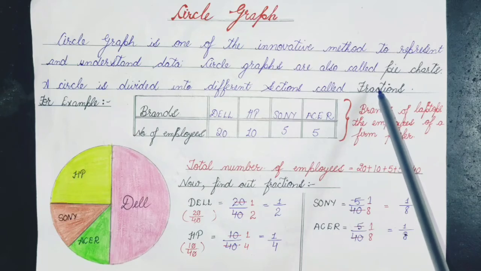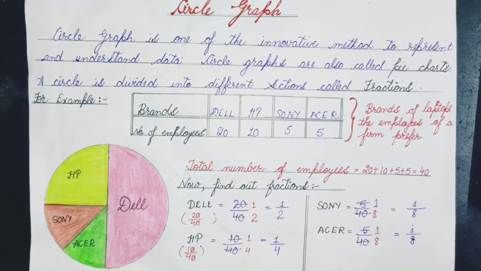Class, we have done the fractions chapter in our 4th standard, and a fraction is a number which is used to represent a part of a collection or a whole. A fraction comprises two numbers separated by a horizontal line. The number above the horizontal line is known as the numerator, and the number below that horizontal line is called the denominator. Clear everyone?